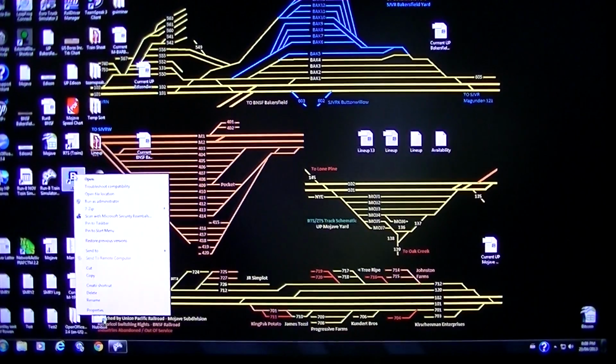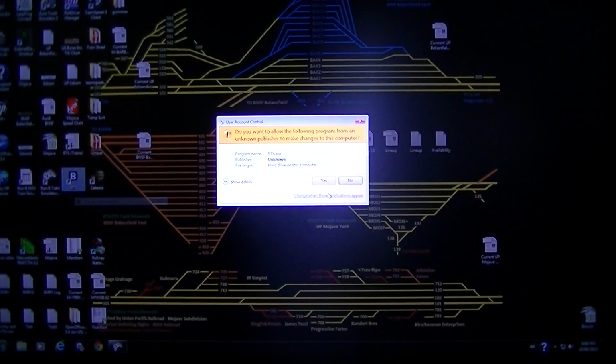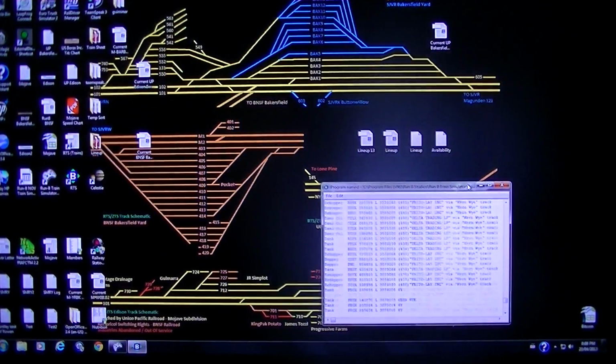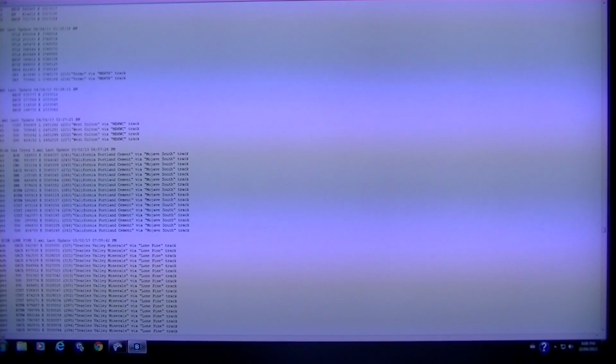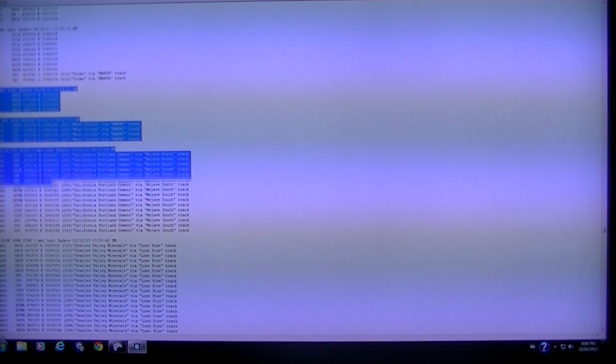Now when you go in, I run as administrator, and you look at the program, it's going to spit out everything. Right now it spits out the entire system. So I'm moving up to, Bakersfield's at the top, and I'm going down to, and hopefully this doesn't run out of battery, but anyways, I'm going up to 771, and I'm going to copy all of this. This is all brand new. And the dates for the saves will all say April 23rd, which is the time I'm making